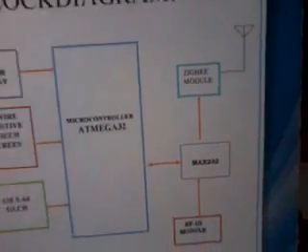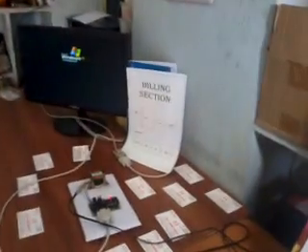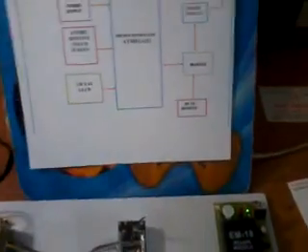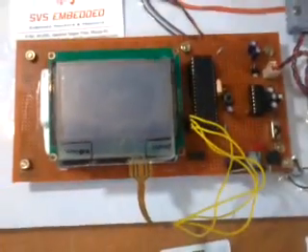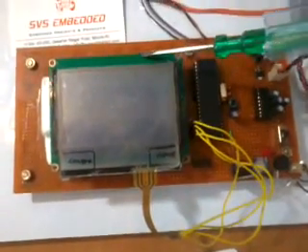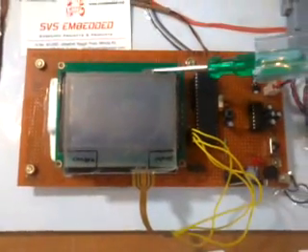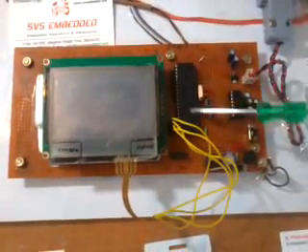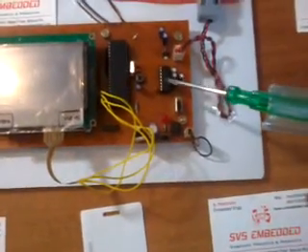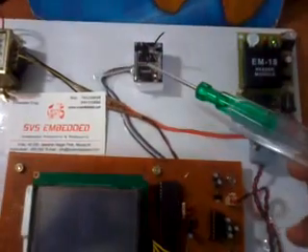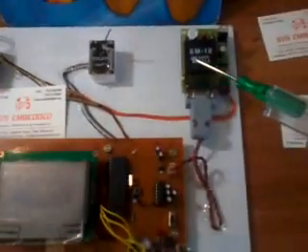The data will be displayed in the billing section, and I used one RFID module. We have to pay the amount through our swipe card, a debit card or a credit card. So this is module 1. In module 1 we are using a 4-wire resistive touchscreen along with the 128 x 64 graphical LCD, an ATmega32 microcontroller, and a MAX232 IC. We are using one Zigbee module and one RFID module.